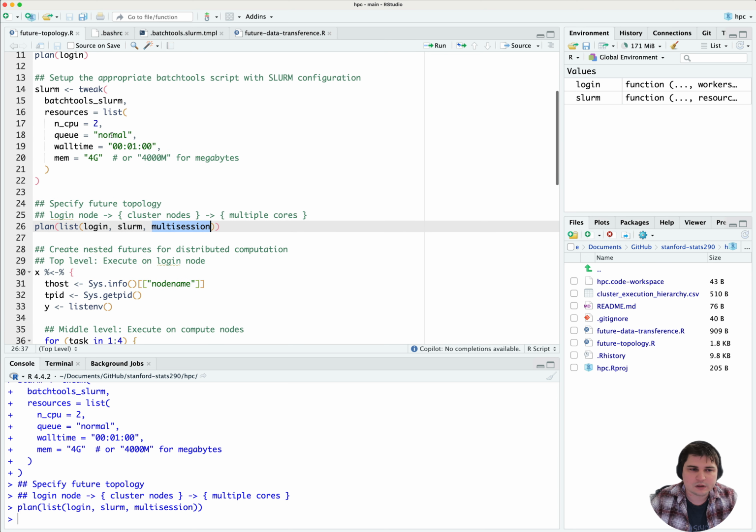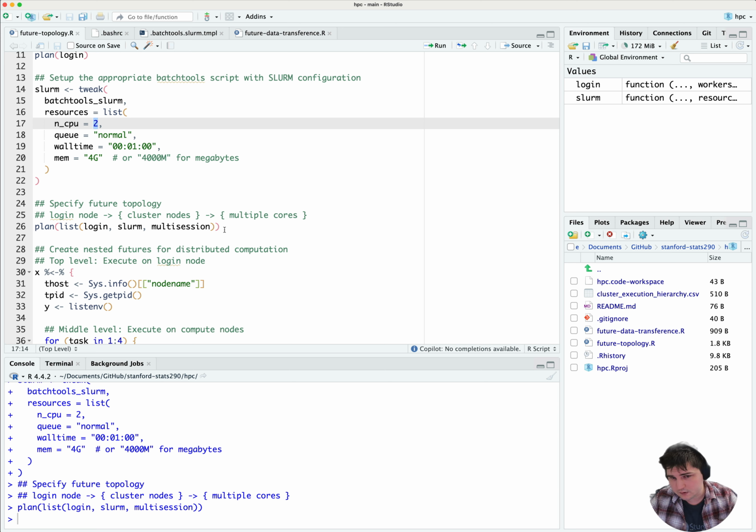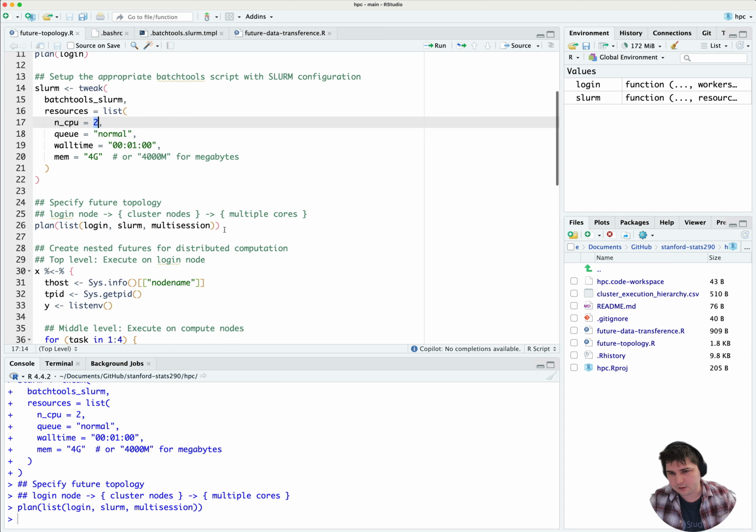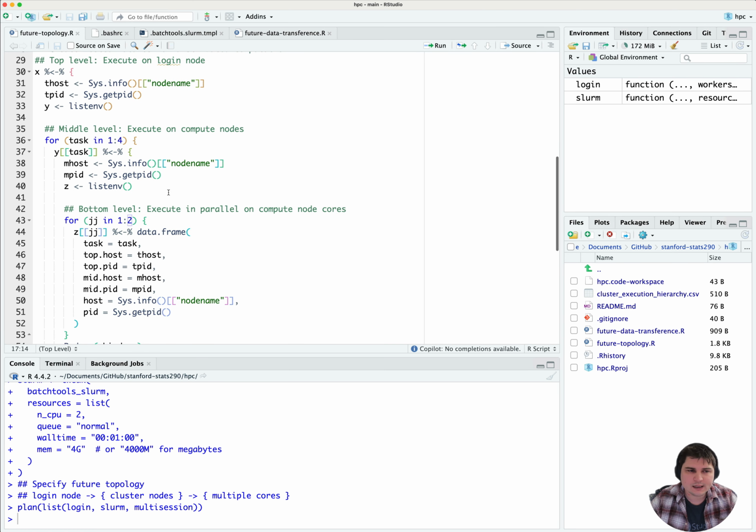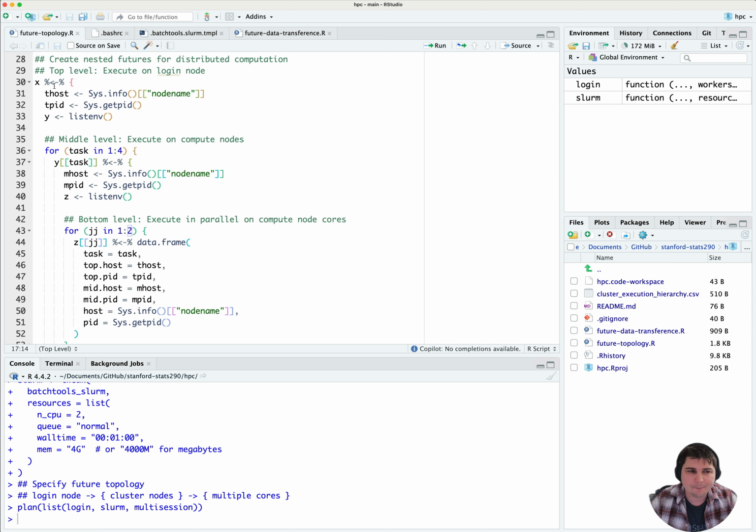And in our case, when we specified for BatchTools Slurm, we said we wanted 2 CPUs. So basically, we're going to split the work on that single compute node across 2 different CPUs. So if we go down, we're now at this nested future topology, where for the first part we're going to make sure that when we launch this job, we are launching it definitely on the cluster, so we're going to get the